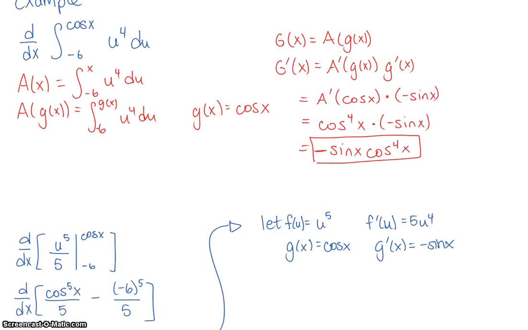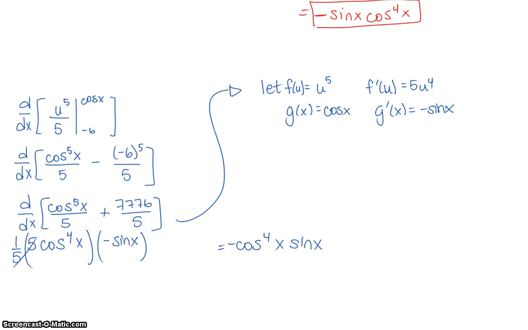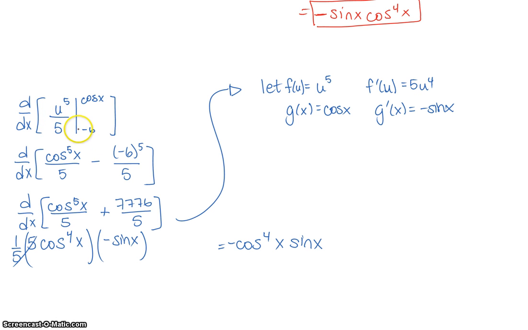Now another way to look at this as well is to take the antiderivative, evaluate from negative 6 to cos of x, and then take the derivative of this. So that you plug in your cos of x and your negative 6 to the 5th, take the derivative of this entire thing. By doing that, the derivative of a constant will disappear. Cosine to the 5th of x over 5, we can set up our derivatives. This will work out to this. The 5's will cross out, and you'll get the same thing. And again, alphabetically, sine x cos